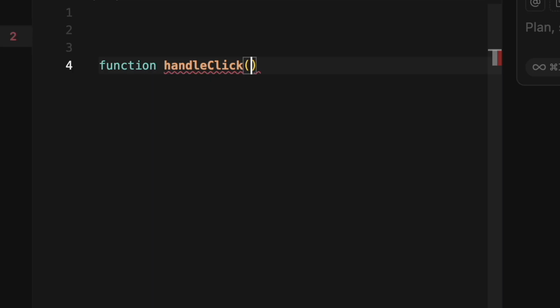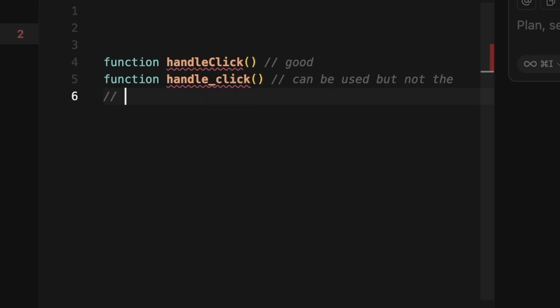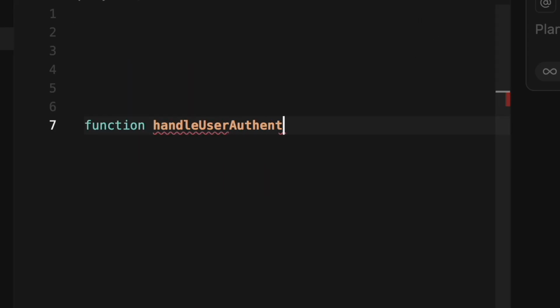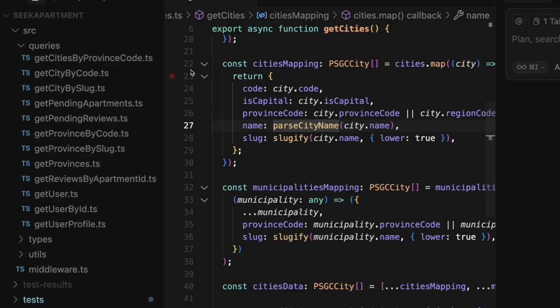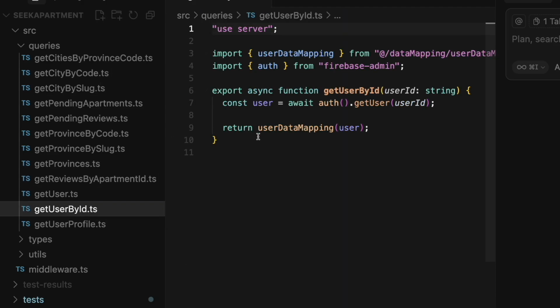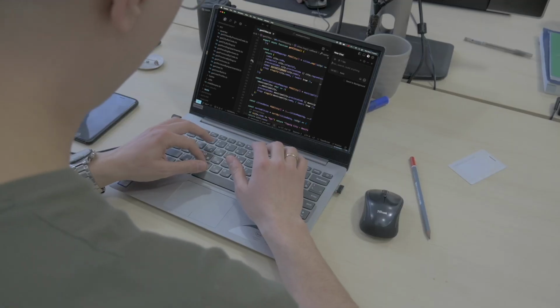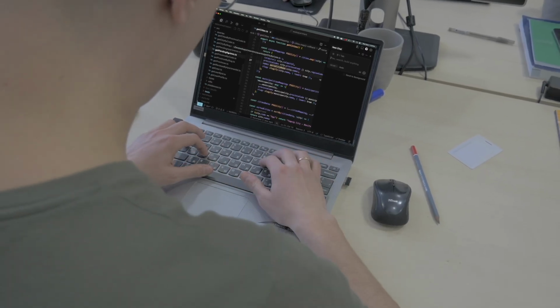Naming convention. You need to name your function as descriptively as possible. But of course, you don't have to name it like the longest function that you could create. Just find the balance. Just use descriptive names. For example, this function is for getting user by ID, instead of calling it, let's say, process data or fetch data,